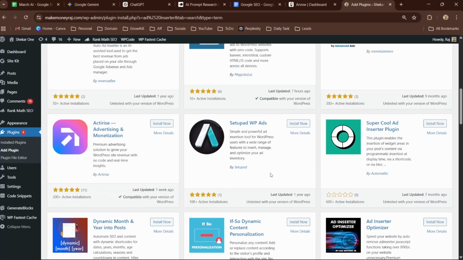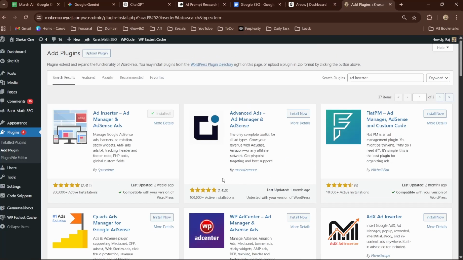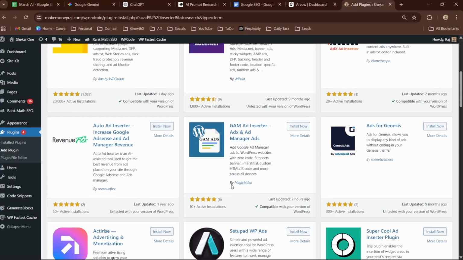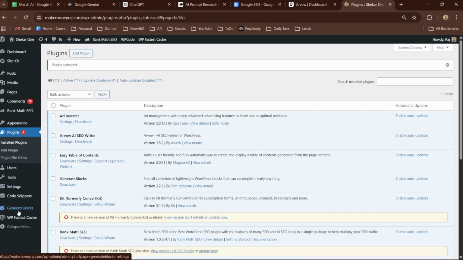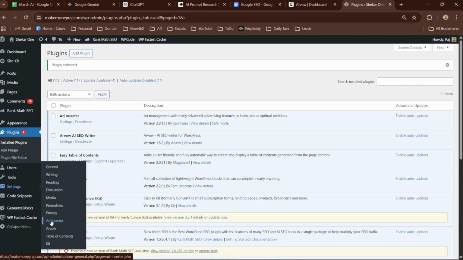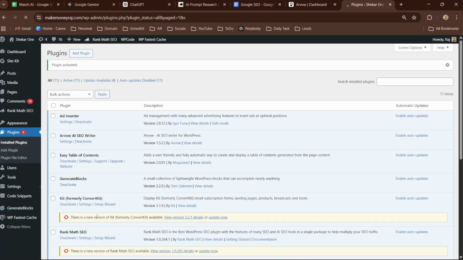You have a lot of plugins, but I recommend plugins which have a good review and which have more installations, like this one, Advanced Ads Manager and AdSense. So click on Activate. And once you click on Activate, you should go into the settings, and here inside the settings you will find Ad Inserter right here. Click on Ad Inserter,